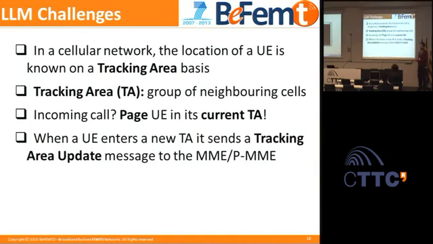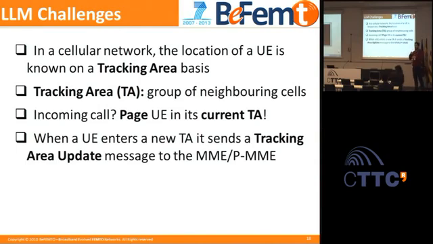And that has two implications. First of all, signaling, and the second, battery. And we would like to take care of both at the same time. So, having very small tracking areas in order to have a very fine-grained location mechanism is not an option, because that would drain your battery and that would generate a lot of signaling over the network. So we group these cells, excuse me, into tracking areas. And